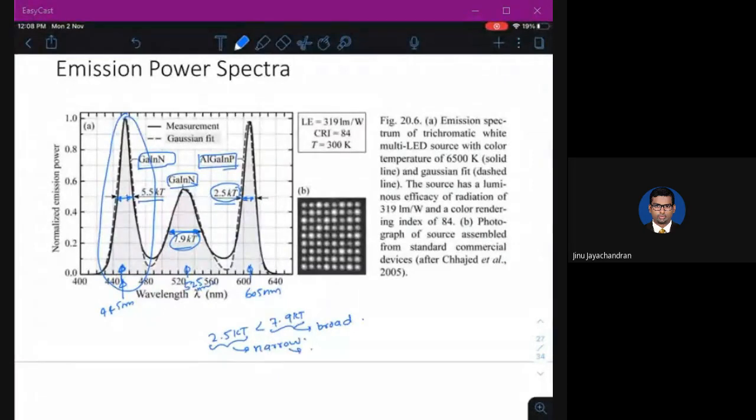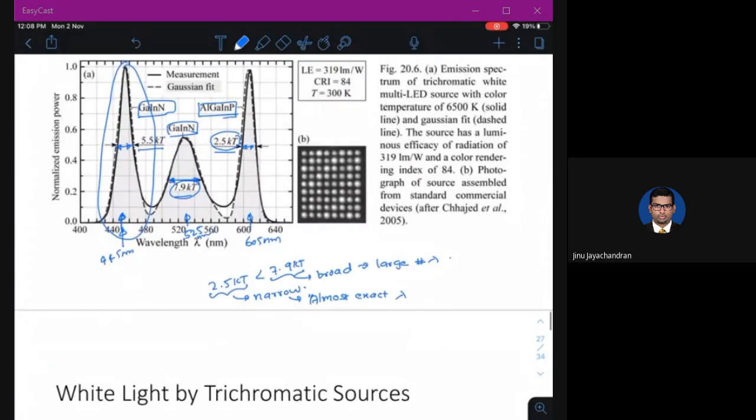Narrow means you will have almost the exact wavelength. Broad means we have a larger number of wavelengths. We want it to be narrow so that you can get the exact color.